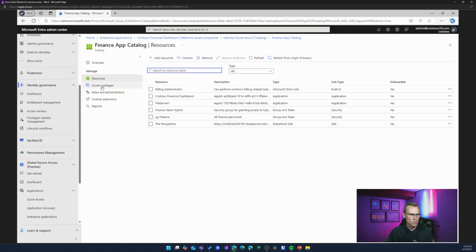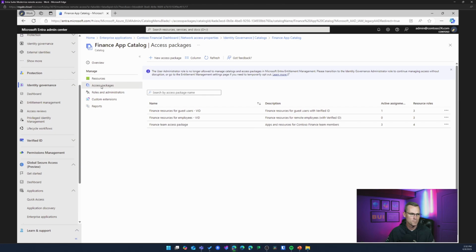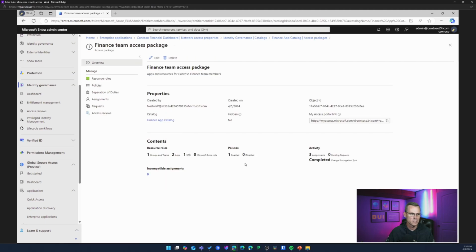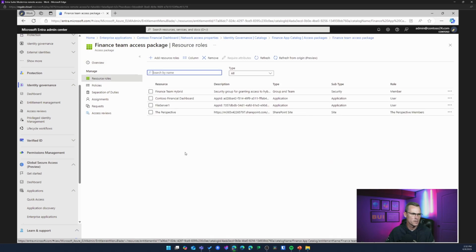But we can also go and confirm if there are any access packages that are making use of things in this catalog. So I click on access packages and hey, yes, there are. There's our previous one we did in the previous demo. I want to focus on this one here, right? So let's go into this access package and let's confirm what kind of access or resources have been provided in this one. So remember, there were 6 in the catalog. In this particular access package, only 4 of those 6 have been selected.